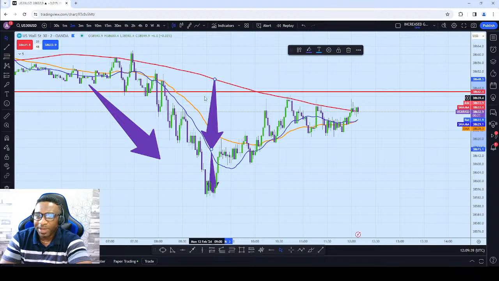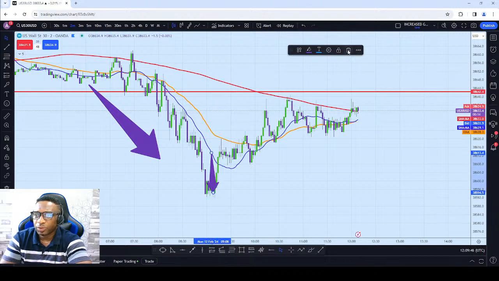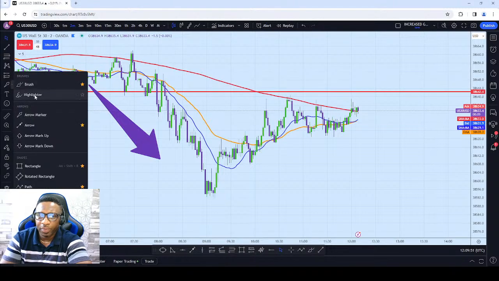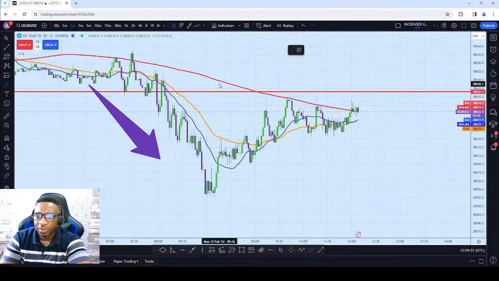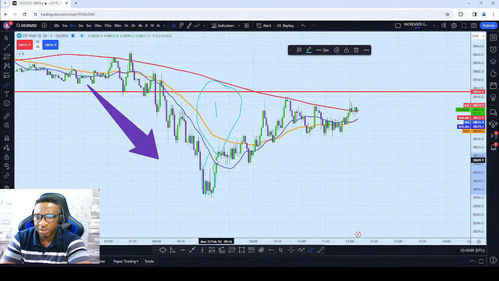So after this space, we have dual space here. Let me delete this off. That's space 1. And then space 2 is the distance from the 20 moving average to where price got to. So this is space 2. Once you have these two,